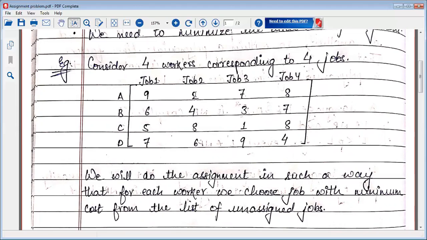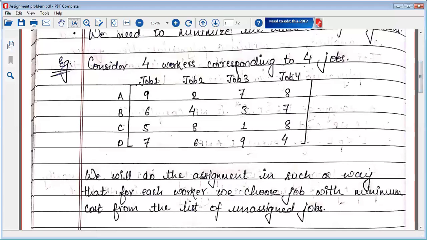Similarly, when I assign job 2 to person A, now no other person can go for job 2. When we start with the first person A, we need to identify, out of these given jobs, which is supposed to be the optimal way to assign the job, right? So the problem is written in such a way that we start with assigning job 1 to A, then job 2 to A, then job 3 to A, and then job 4 to A.